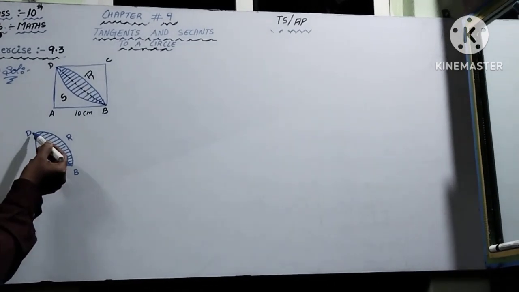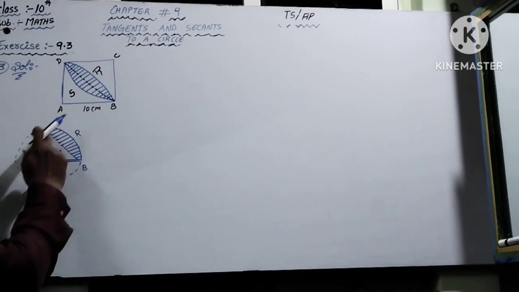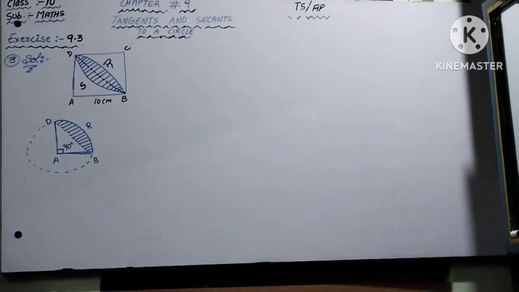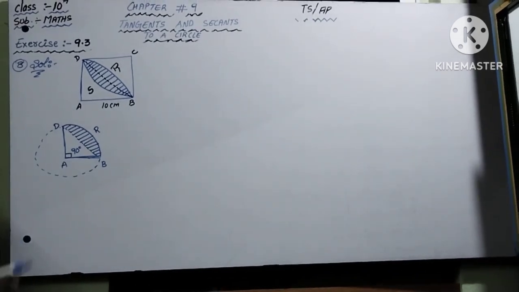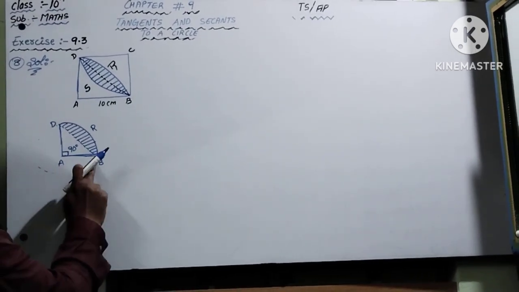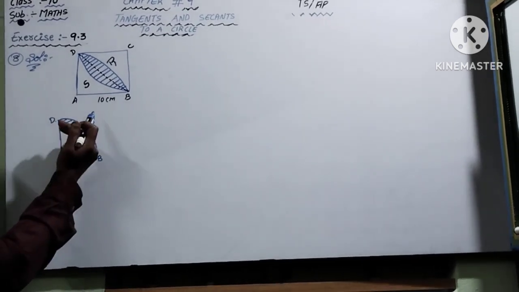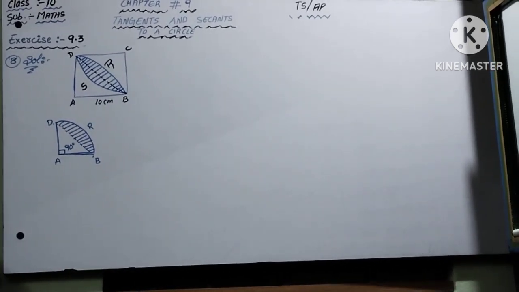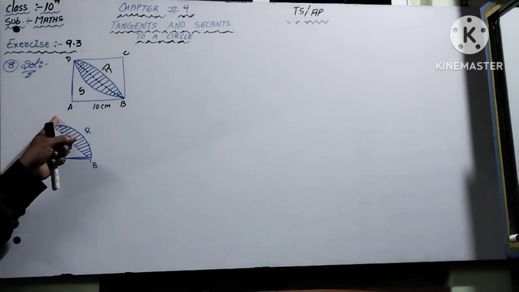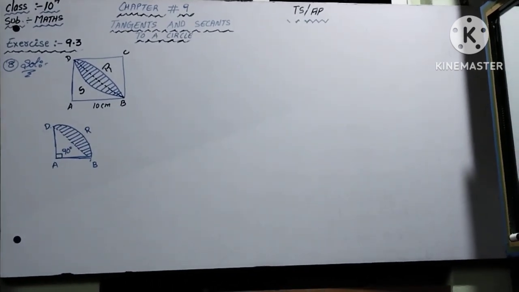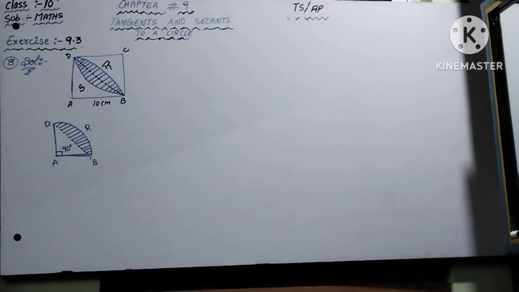Now this is the circle, so this is what? The sector. Understand? This is the sector. I want this half shaded region, so from this sector I will subtract this triangle. From this total sector I will subtract this triangle, then I will get this shaded part. Any doubts? Understand? Next, see here.